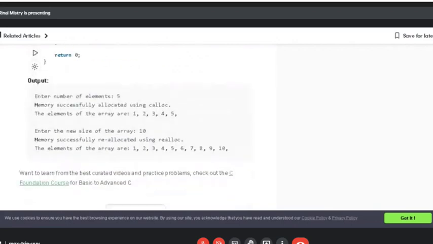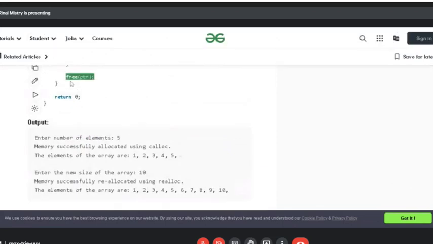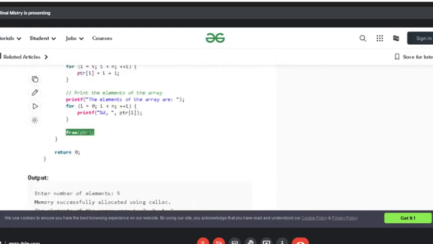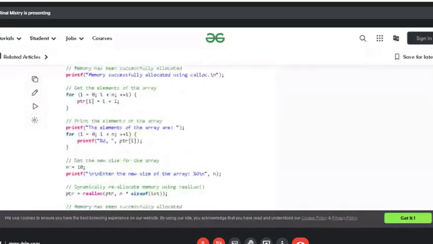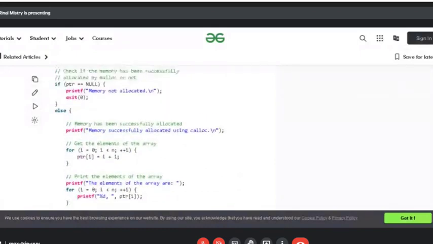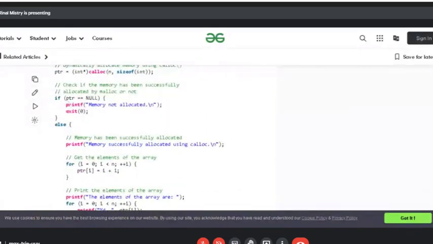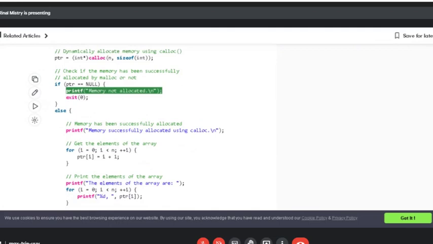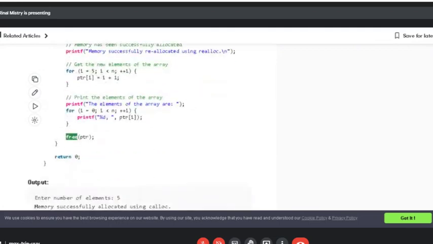You can see over here, once we have reallocated the memory, free ptr we have written. Again, if we use this condition to check whether the pointer returns the null value or not, it will obviously return null value, right? So that will execute this statement because the memory has been deallocated using this free function, right?